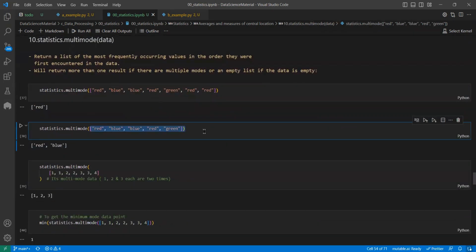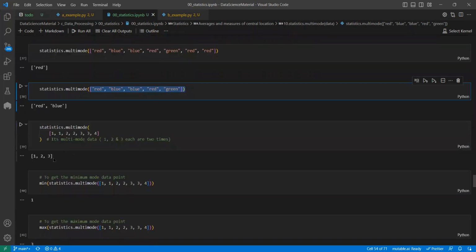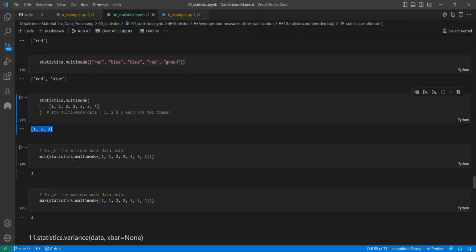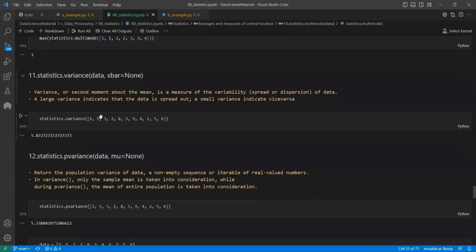If there are two which have the same counts, it will give both of them. If there are two which are the same, 3, you got like this. That is multi-mode. And similarly, the variance means